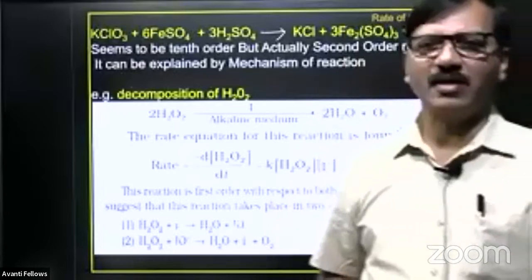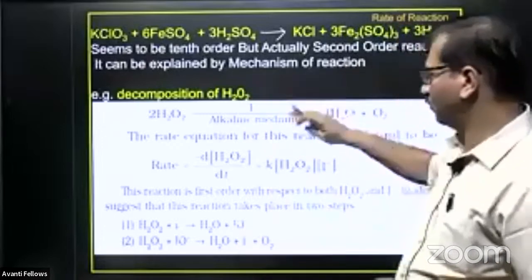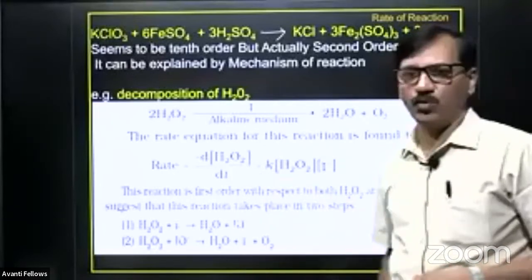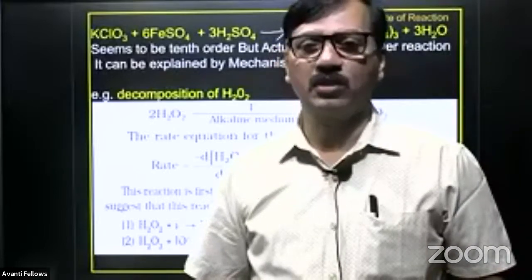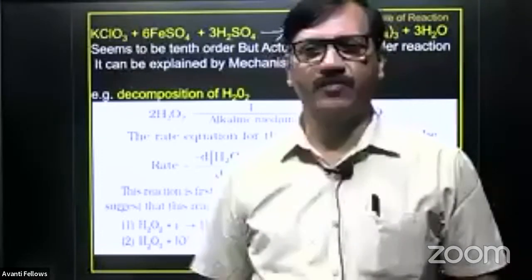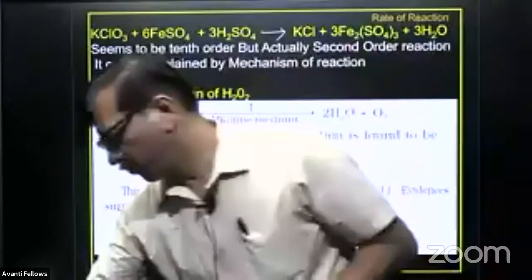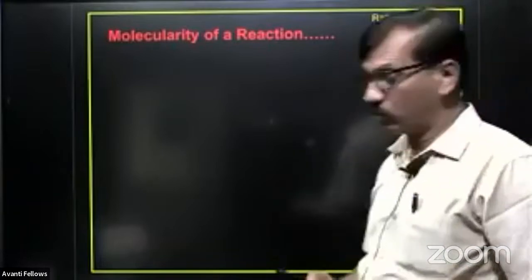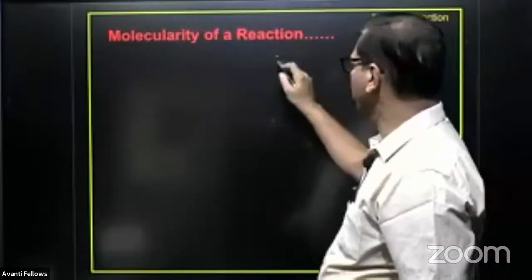What I want to say here is the reaction may occur in 2 steps. The overall reaction is looking like this, but the actual reaction occurs in 2 steps. Out of the 2 reactions, one may be slow and another may be fast. The slow reaction determines the rate of the reaction. Always in a process, the slow one determines the rate of the reaction. To tell you why that slow reaction determines the rate, I will give some examples. Suppose